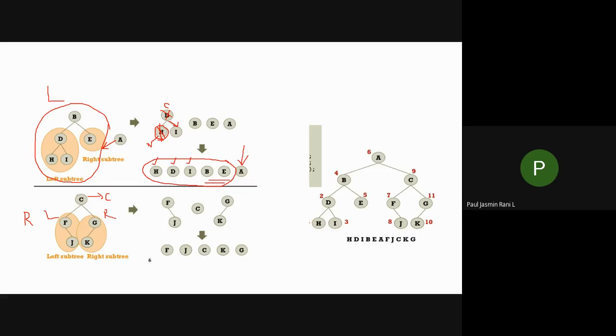When this C node gets visited, only after completing this left subtree can I visit this C node, isn't it? So now I'm going to see this left subtree. For your left subtree, what are the elements that are there? F and J. Okay. So if I take this F, what happens? I have to see for a left element. Do I have any left element over here? I don't have any left element. So it is categorized as L, C, R like this.